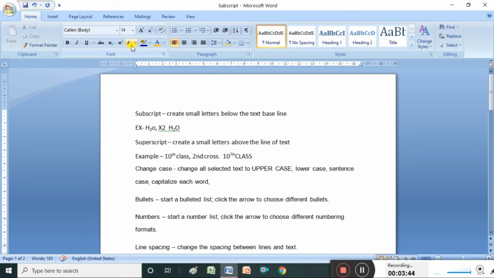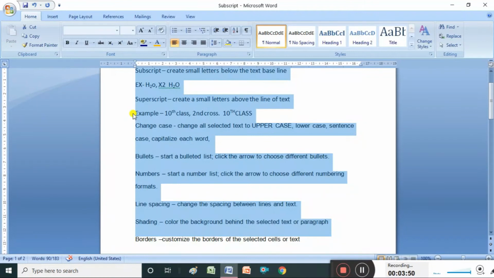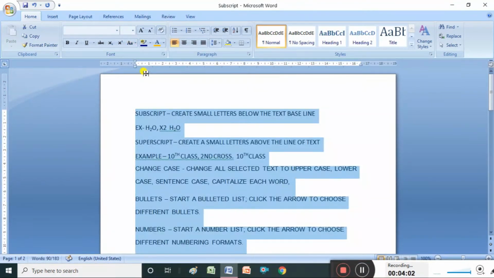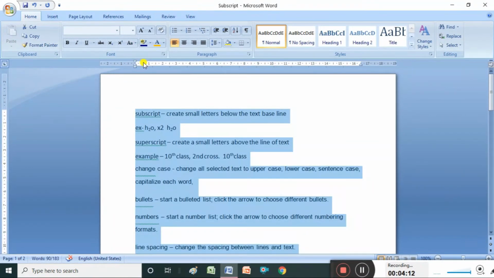To use change case, first we want to select the data. Now I have selected the data, and I am pressing the Change Case button. Suppose I want to convert the whole sentence into uppercase. I select the uppercase option. See friends, it is automatically converted into all capital letters. Now suppose I want to convert all this text into lowercase. Now you can select the lowercase option.